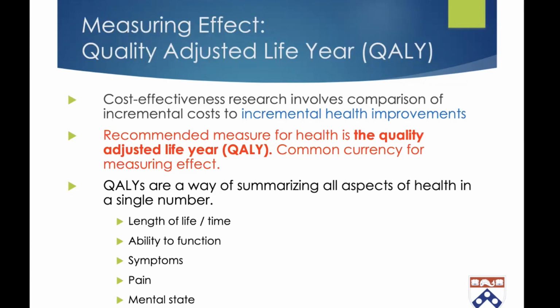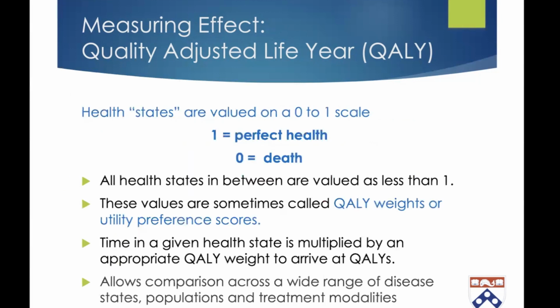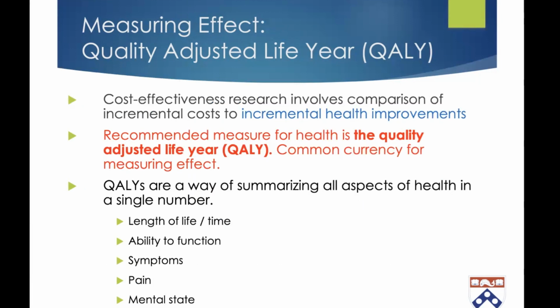And the recommended measure for health is the quality adjusted life year, or QALY. So it is a common currency for measuring effect. Everybody understands dollars for cost, so QALY is the common currency for measuring effect. QALY is a way of summarizing all aspects of health in a single number: time, length of life, ability to function, symptoms, pain, mental state. It can really pull together morbidity, mortality, treatment effect. All of that is summarized in this single number,